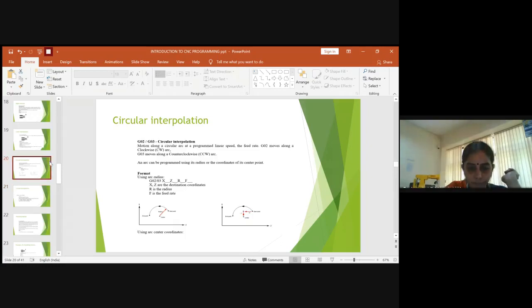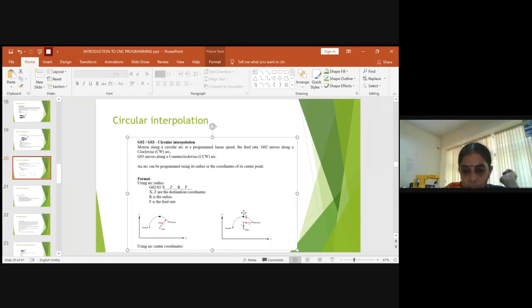So here you can see, you have a start point for the arc and an end point for the arc. If you have drawn an arc through 3 points, you will be having the center here. From this distance to the start point, this distance will be K, and the distance from here to the center of the circle. First please understand, if this is a center, you will be having the entire circle. So this is the exact center, this is the start point and this is the end point.